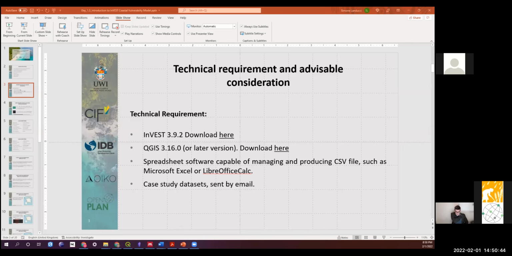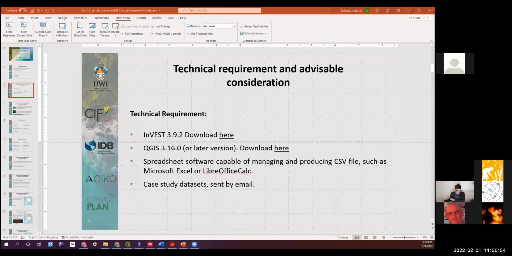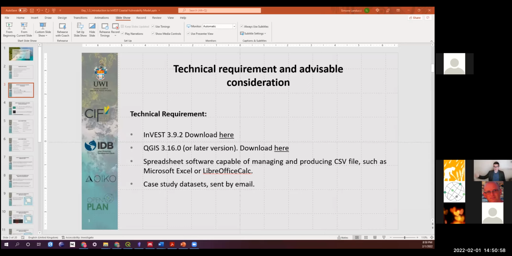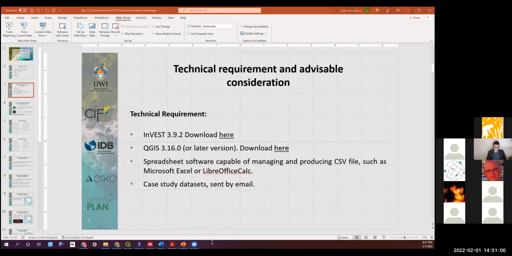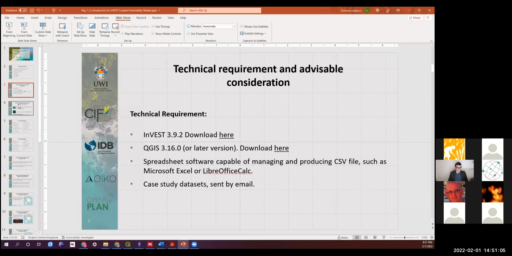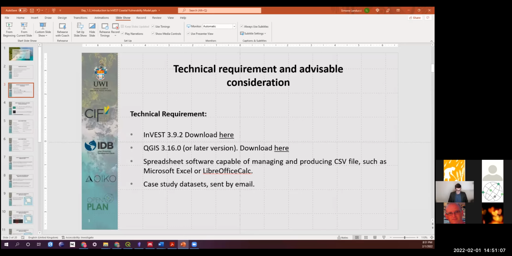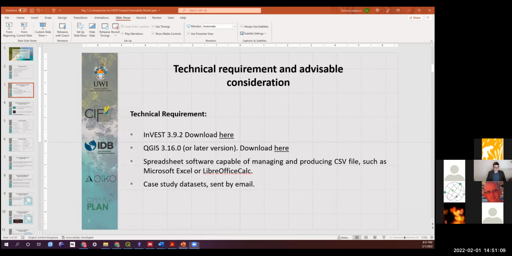Again, I get 15 people who downloaded, and from a quick review, it seems pretty much the same people. So I guess there is a mix of more technical GIS people and people less familiar with the tool. There is no problem. We will manage to work with all of you. Okay, so